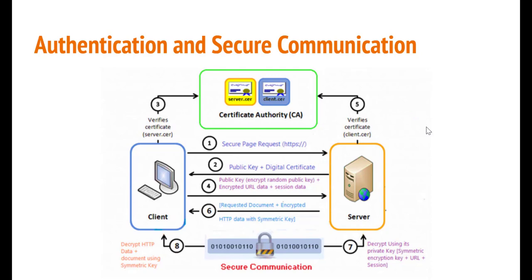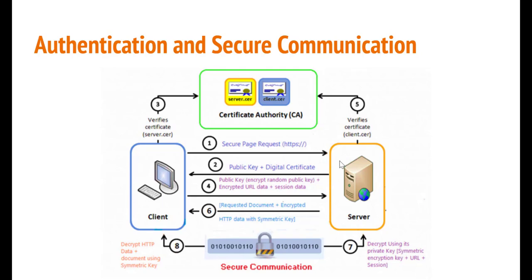Once the client receives the digital certificate of the server, it verifies the signature present in the digital certificate. And how will it verify? Because the browser at the client side already has the public keys of the root CA certificates, it will be able to decrypt the signature present in the digital certificate of the server. Similarly, if the server wants to verify the identity of the client, the same steps can also be performed. As you see here, the server is trying to verify the client, and the client is also trying to verify the server, right, using the certificate authority signature.